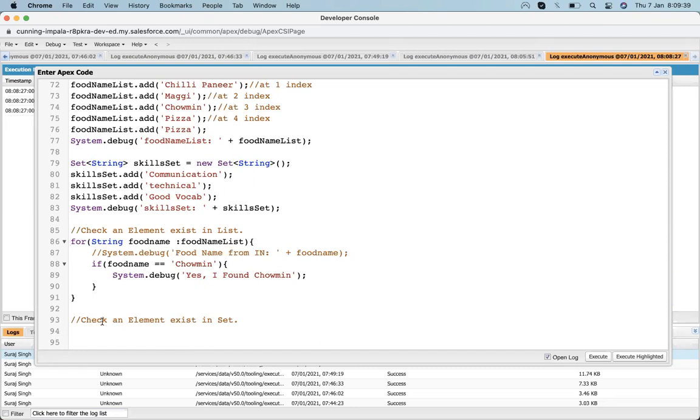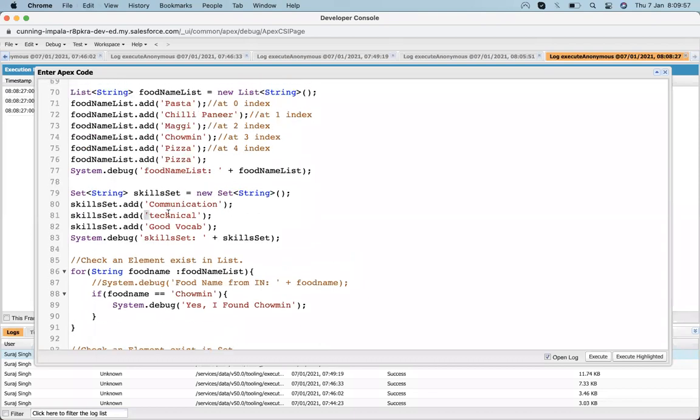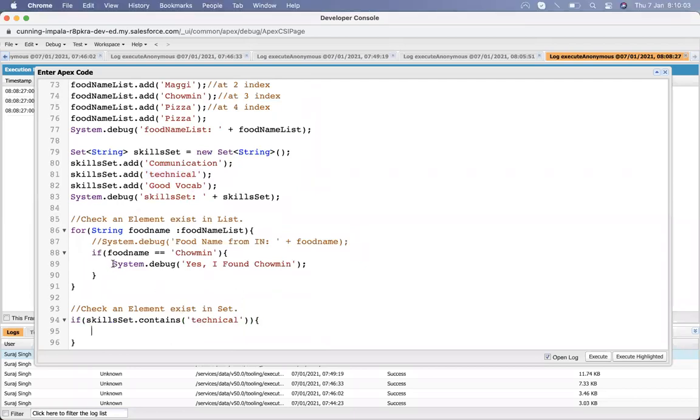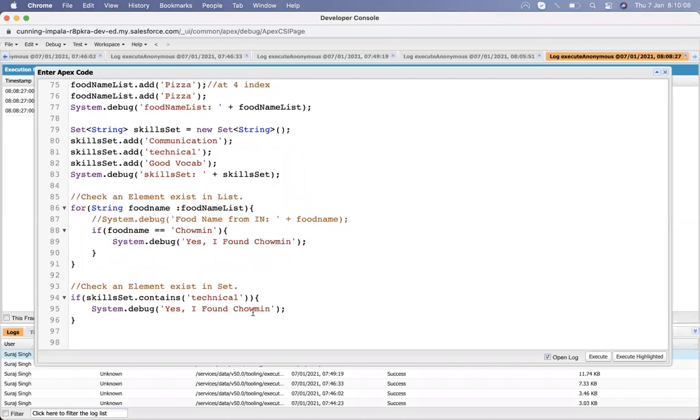In this case, we just need to write set dot contains, and then suppose I need to check for technical, so I will write technical. If set dot contains technical, then it will print yes, I found the technical.